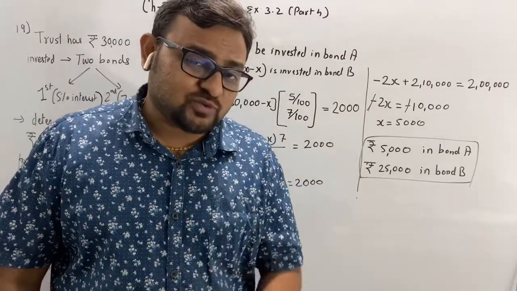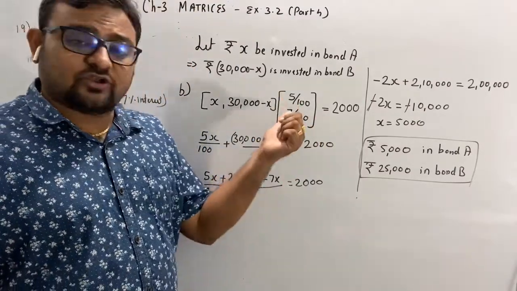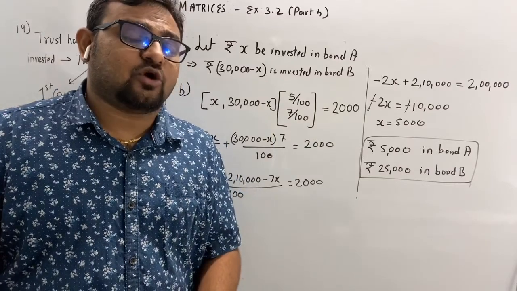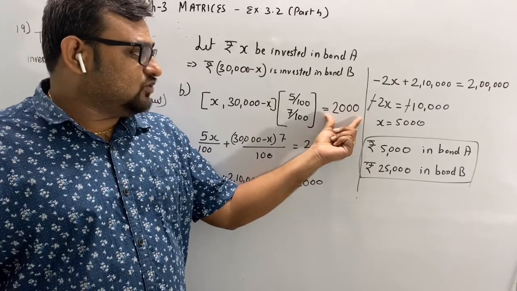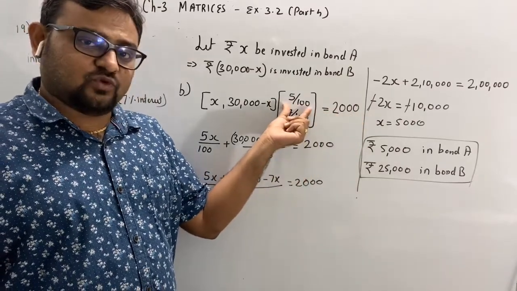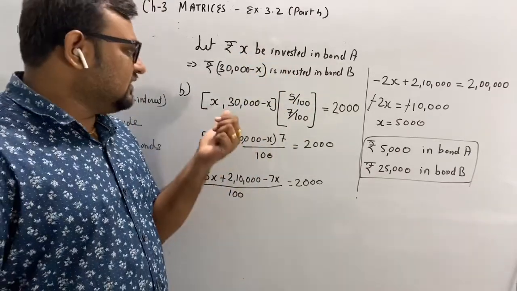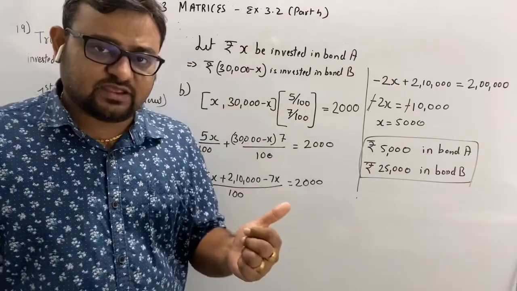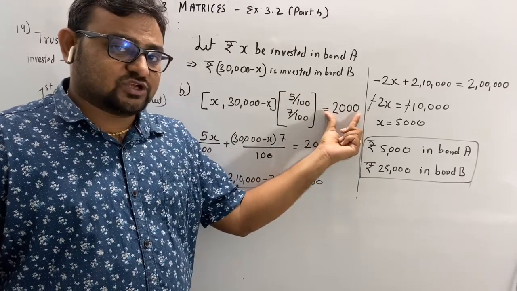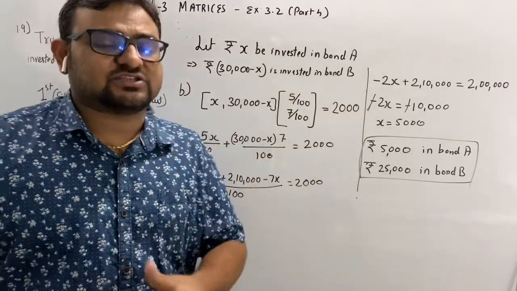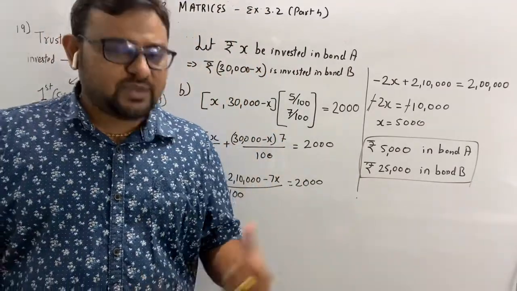Sometimes the question can also be asked, like if interest in B is given and in A is not given, what should be the interest in bond A so that the annual interest is 2,000? So at that time you have to assume here. Okay, and the distribution may be given. Clear? The distribution like 20,000 in A and 10,000 in B. And what should be the interest in bond A so that the annual interest is 20,000. So at that time you have to calculate the interest. So such type of changes can be made. Okay. So go through this question 19B.